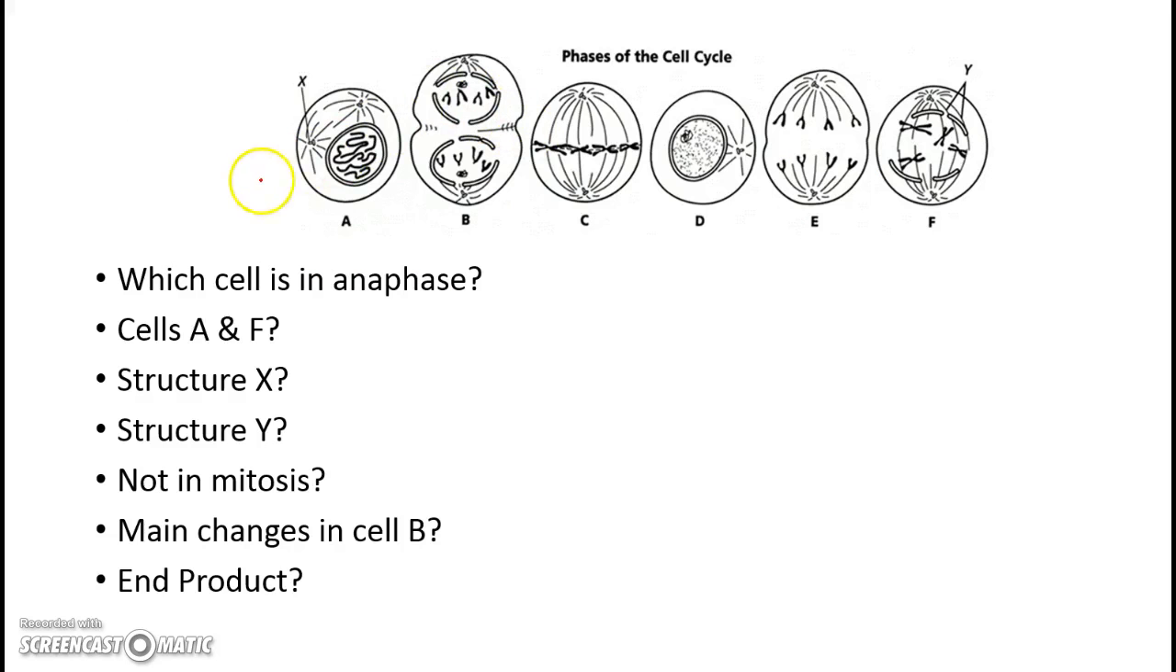Okay, so this next part is referring to this diagram. So which cell's in anaphase? Looks like E is. So anaphase is where the sister chromatids pull apart. A and F. All right, so you see